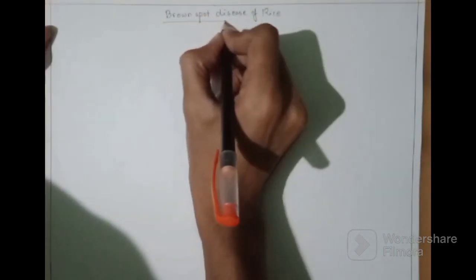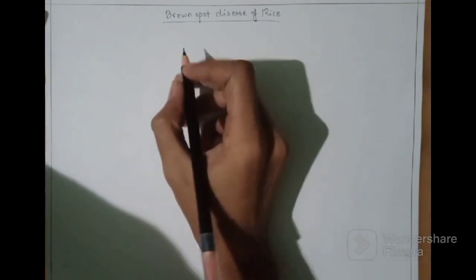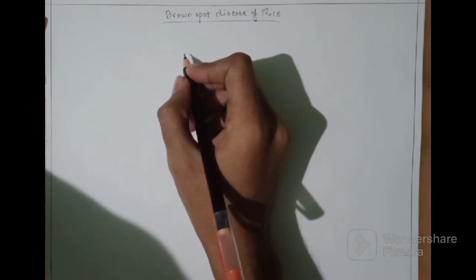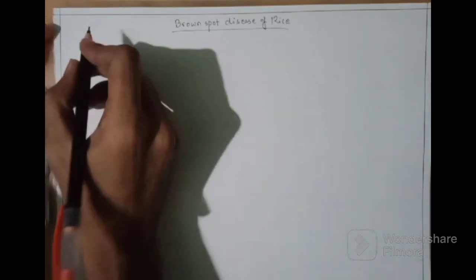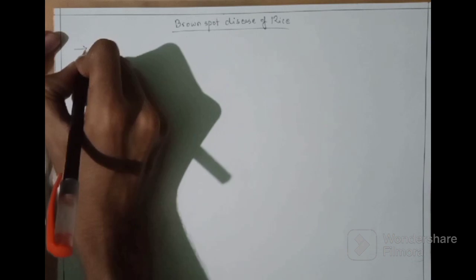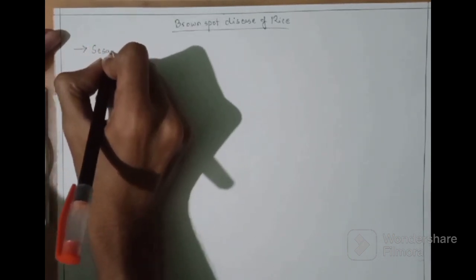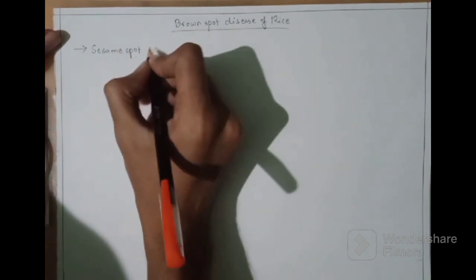Now, this disease, first of all, we must know that every disease has its own synonyms. A disease may be known by various other names, which makes it easier to understand why the name has been given to it. So this disease, brown spot disease of rice, also has a number of synonyms. It may also be referred to as the sesame spot disease. Sesame spot. Why? Because